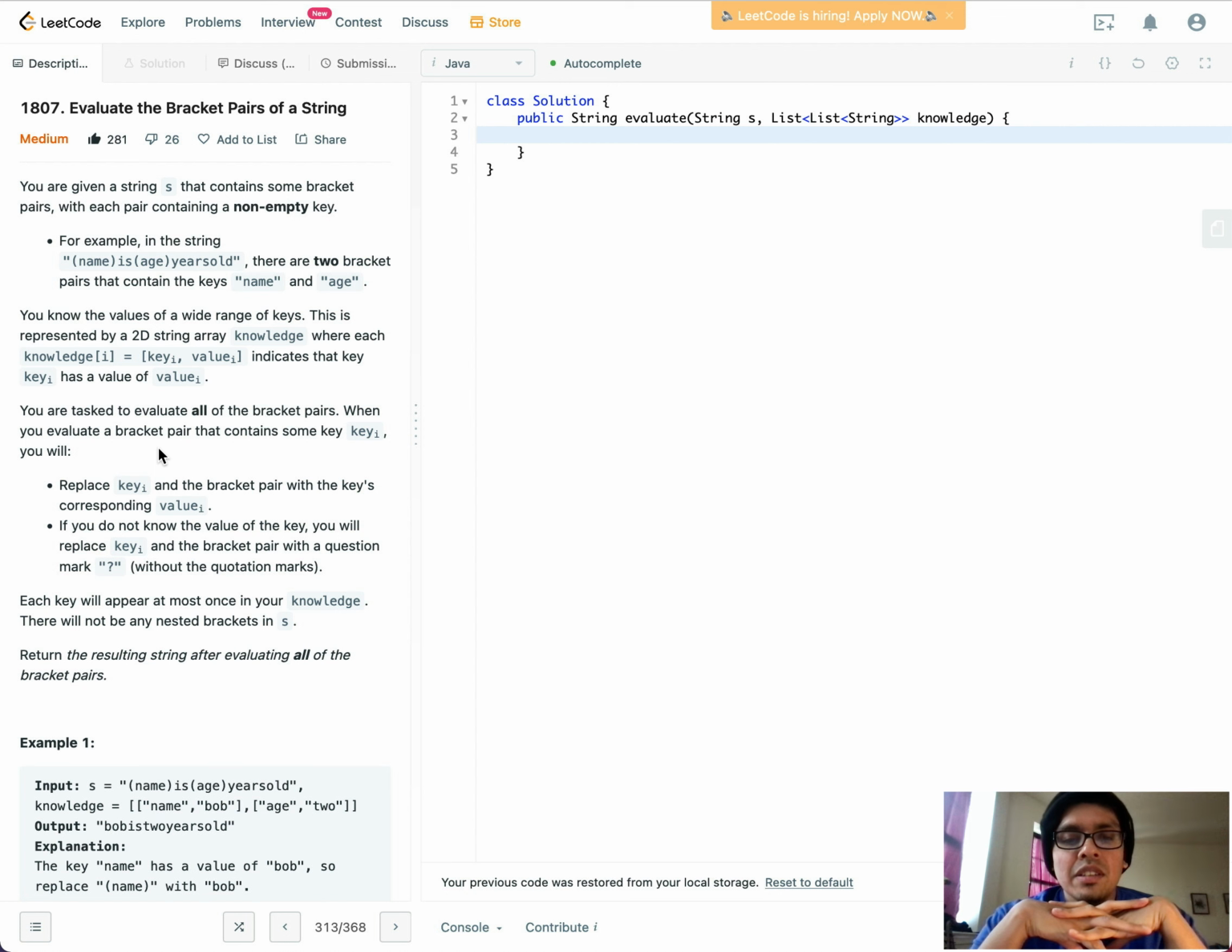If you do not know the value of the key, you will replace the key_i and the bracket pair with a question mark without quotation marks. Each key will appear at most once in your knowledge. There will not be any nested brackets in s. Okay, that's good. And return the resulting string after evaluating all the bracket pairs. So this is basically a string replacement problem,